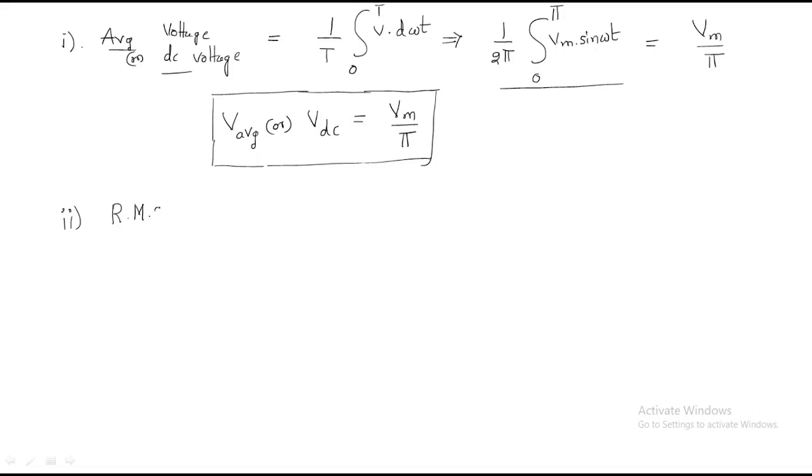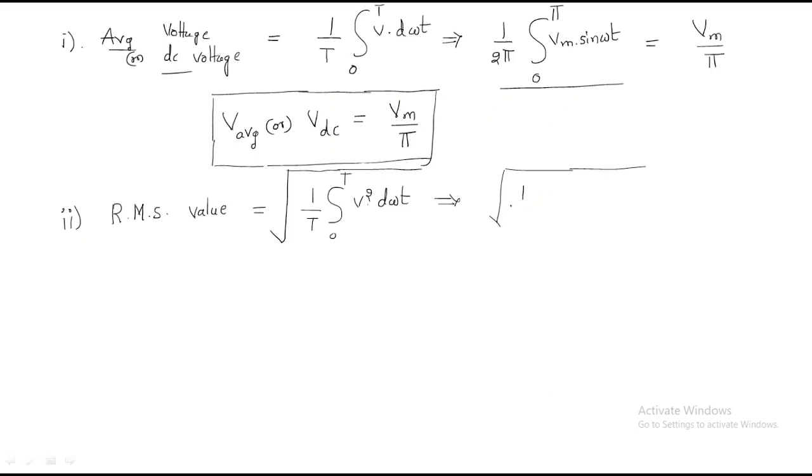RMS means root mean square value. So in order to find any RMS value, the formula, you know that, is 1 by total time period, 0 to time period, v square dωt, and this is under root. Don't forget the under root. And you know that directly you can write what is the time period. Again the time period is same, T is 2π, 1 by 2π,